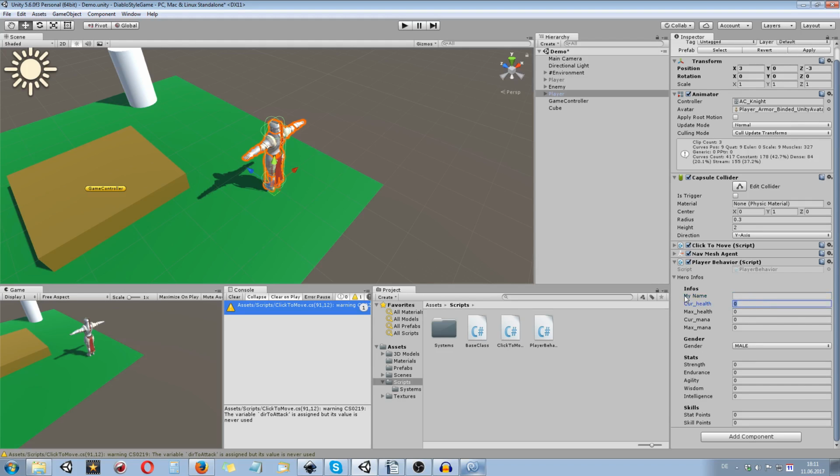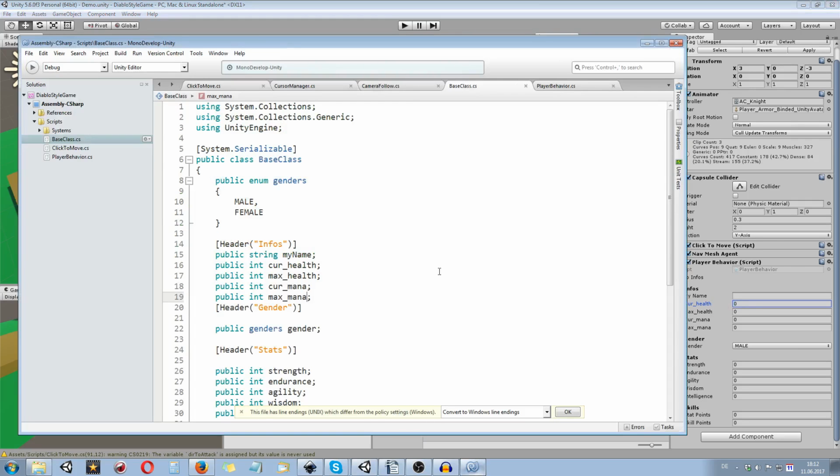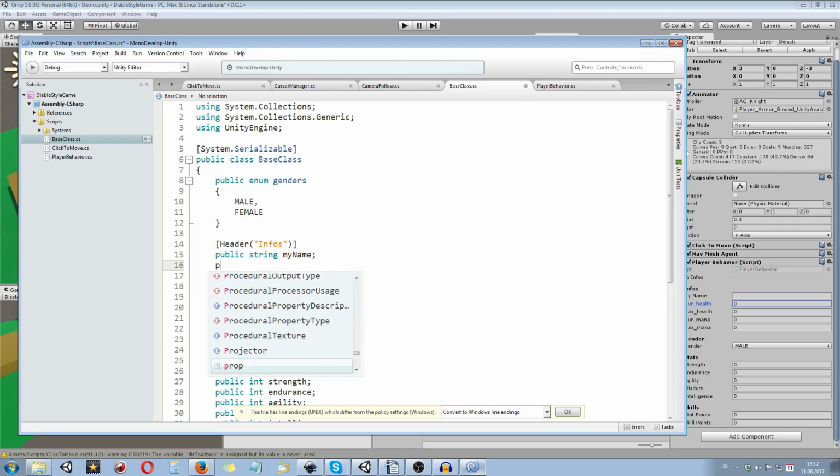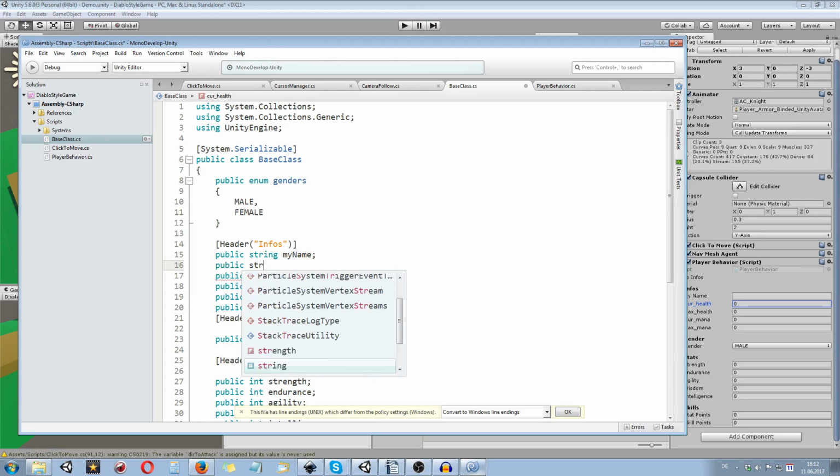Well, this is later on actually automatically calculated when we take damage. The maximum health, of course, is the maximum health we currently have when we have a specific level. And speaking of level, this is another one you might want to have as well, maybe in between the name and the current health. So we're gonna have public string